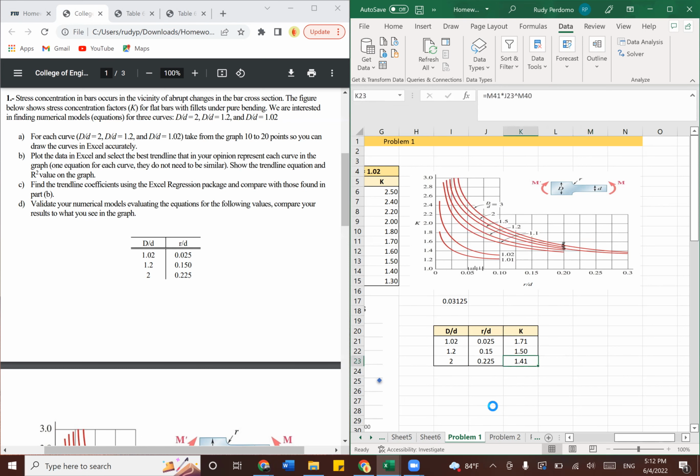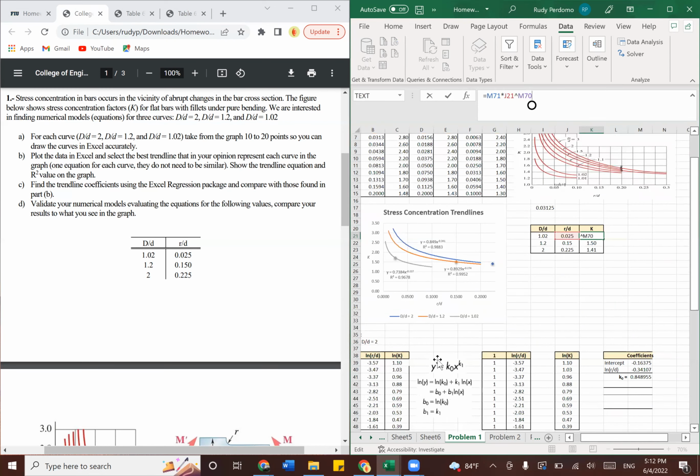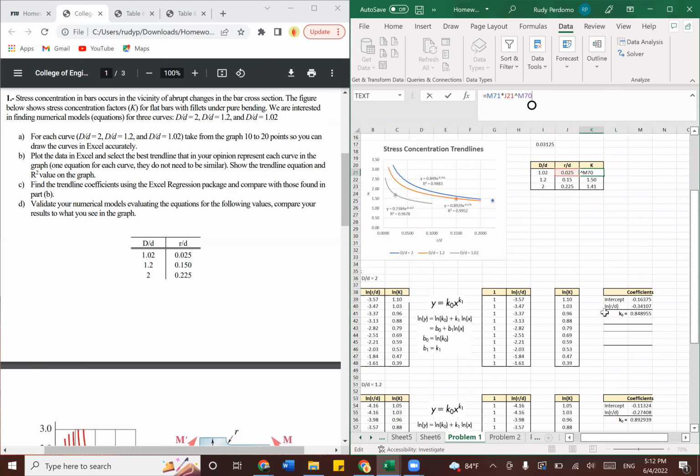So I kind of skipped that step there. So here, sorry, you have the equation of the power fit. You have K0 is this one and K1. So if you want to evaluate it at 0.025, you have all the required coefficients. So what you do is you take K0, which will be this value right here. Sorry, we're on the wrong curve. So for the curve, let's do this curve, sorry. So if we take this curve right here,